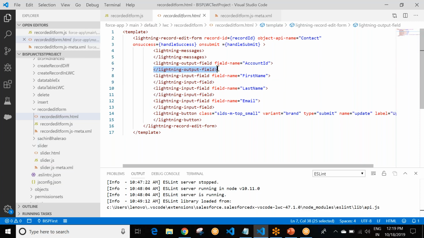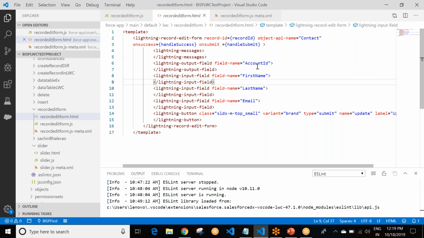The Lightning output field component and other display components such as Lightning formatted name can be used to display read-only information in your form. So this is Lightning record edit form. It is a layout to perform update functionality, to create an update component in Lightning Web Component to update records.